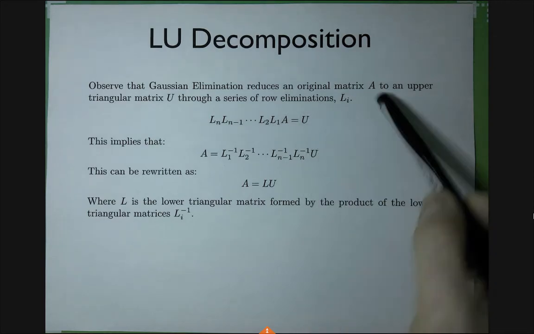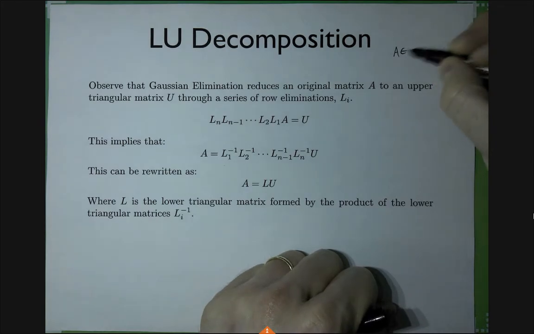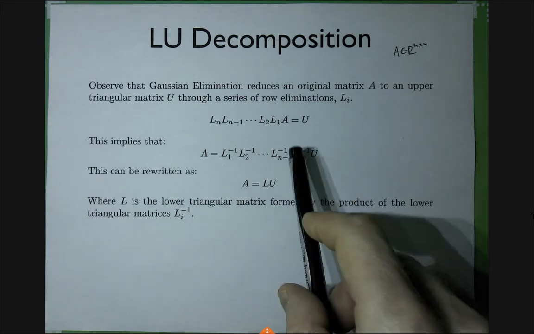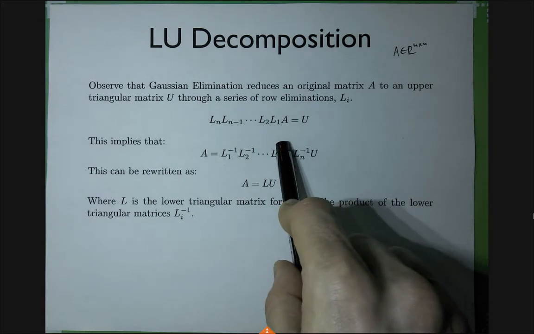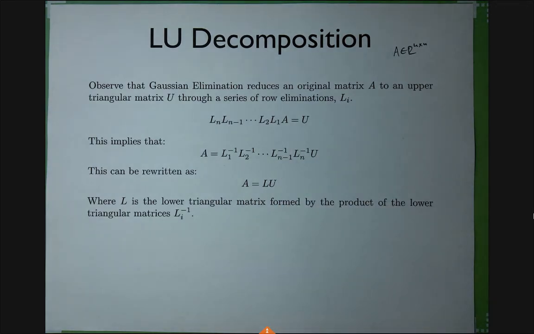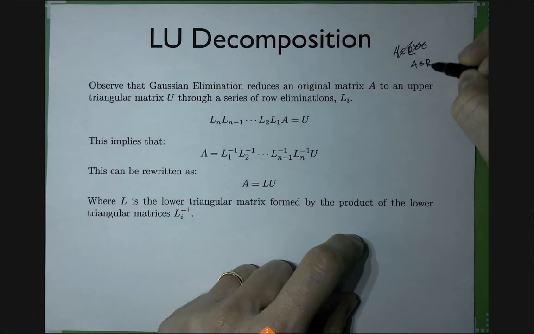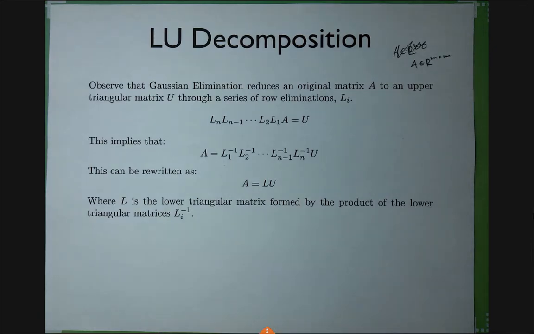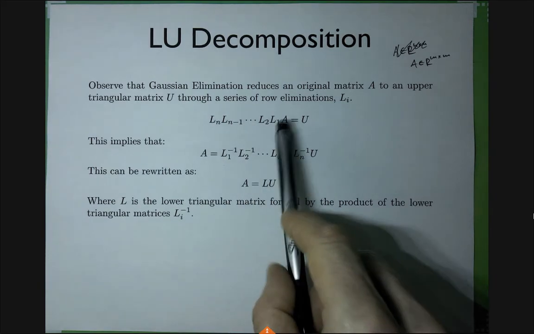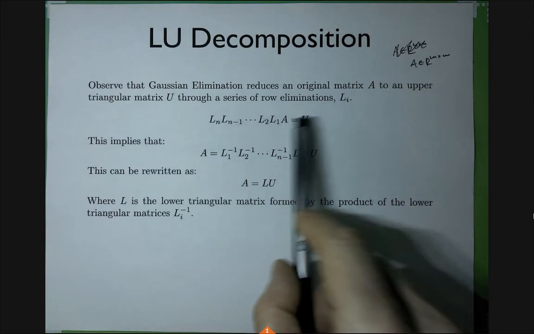So what we are going to do, if A is an n by n matrix, you know that... what was that word? We will need... is it n by n? No, it's not n by n, because that would be a different n. The matrix can be, let's call it m by m. What we will do, we will use some sequence of row eliminations, as many row eliminations as we need, to get it to upper triangular form.